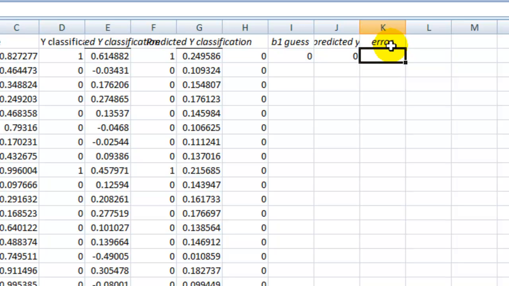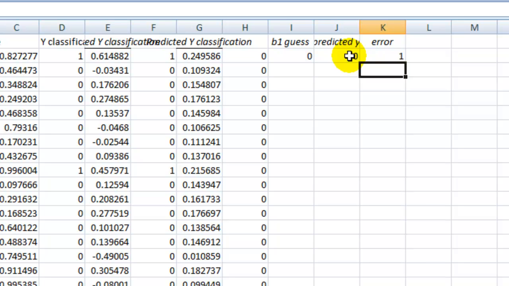Okay, and that's your y classified minus y predicted. Y classified. Where's the classified? This thing. Or using this? That is using the true B1, right? And then minus predicted using your guess. Right. This one. Okay. So you got it wrong. Now you have the